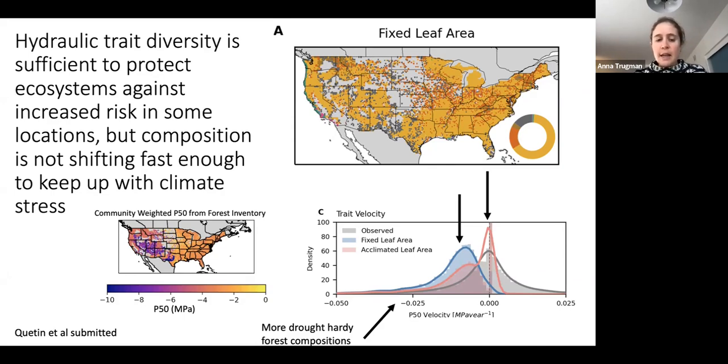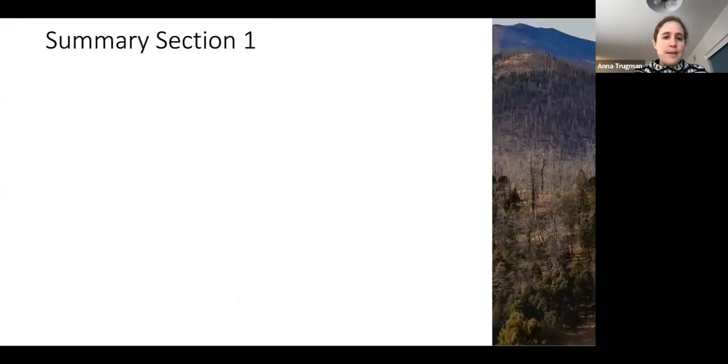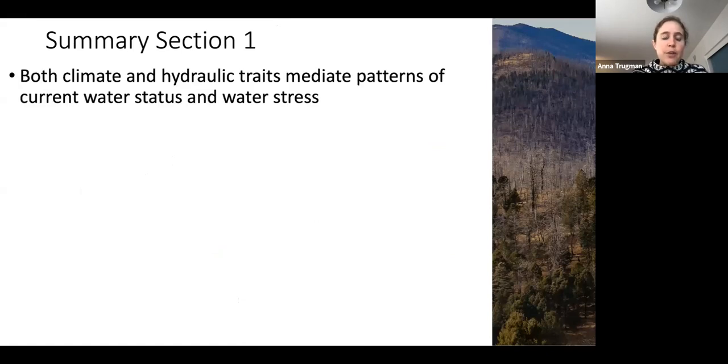And we actually did another iteration where we allowed for adaptive acclimation in leaf area in our plant hydraulics model, and that had some ameliorating effect in terms of changes in stress, and that's shown in red, but it still required more of a trait shift than we found in the observations. So just to summarize this first section,